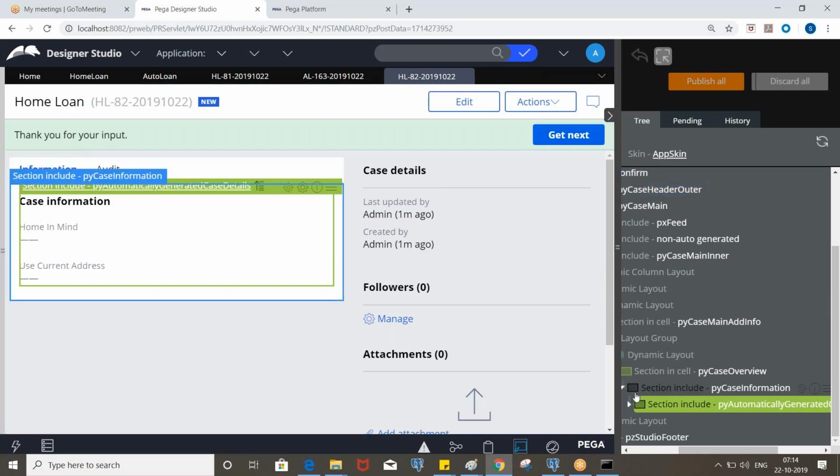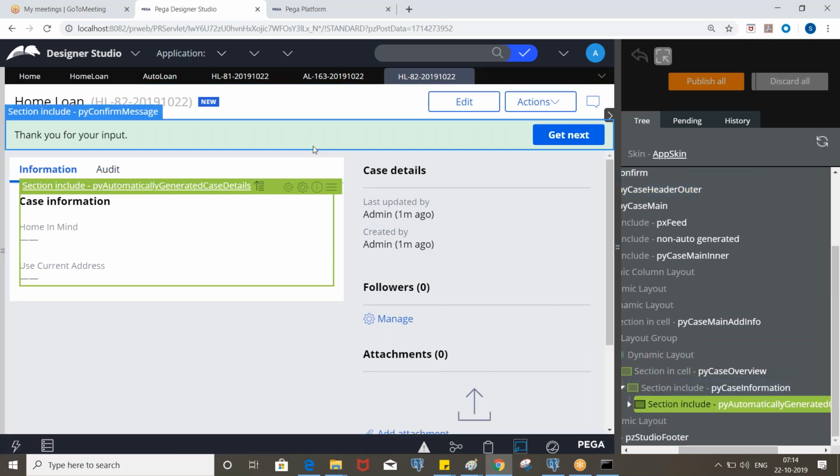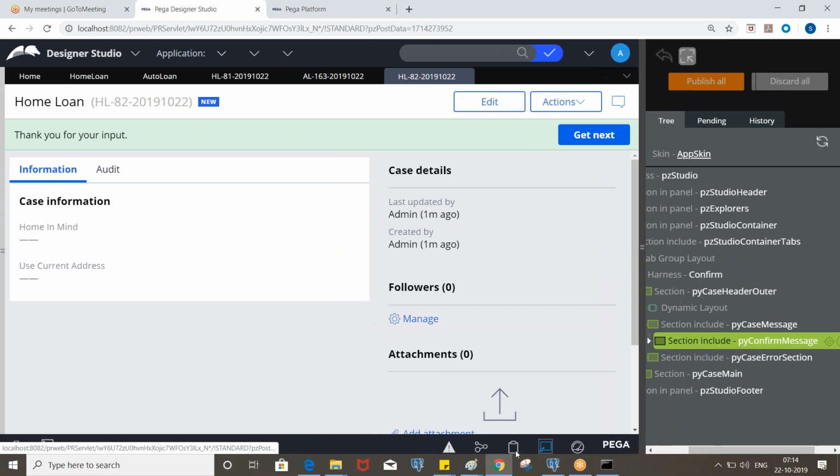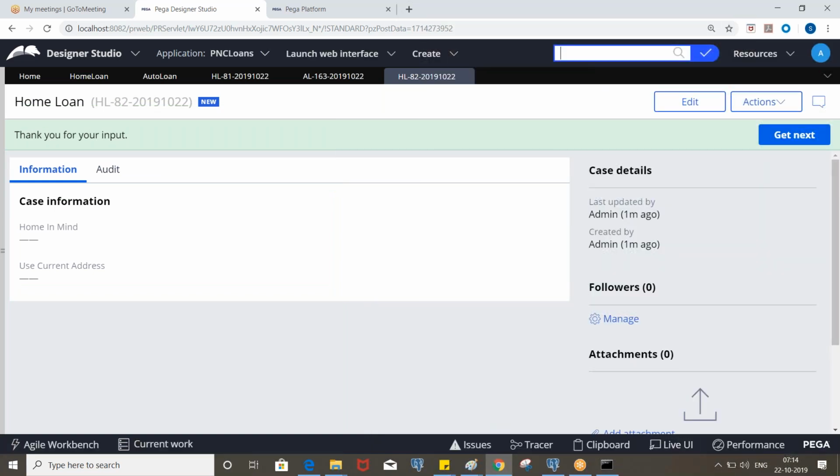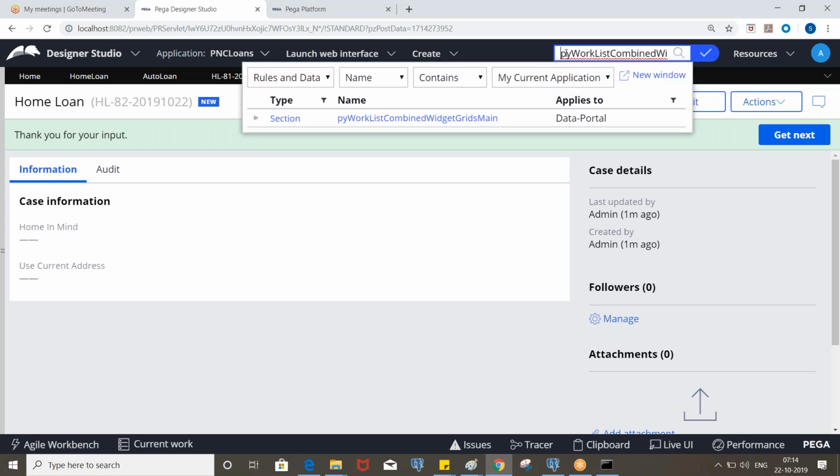Okay, so now let's take the section. You can note down this pyWorkListCombineWidgetsGridsMain. So this is the section available in data portal class.